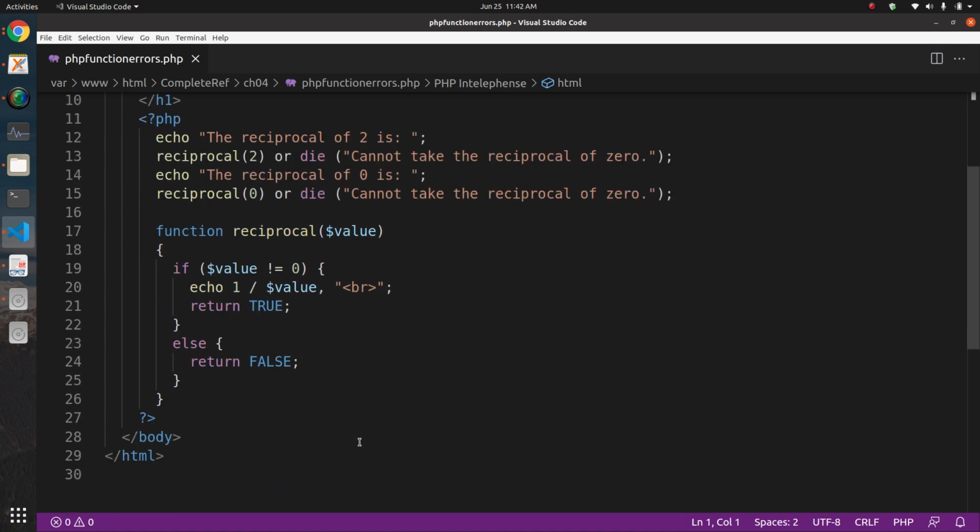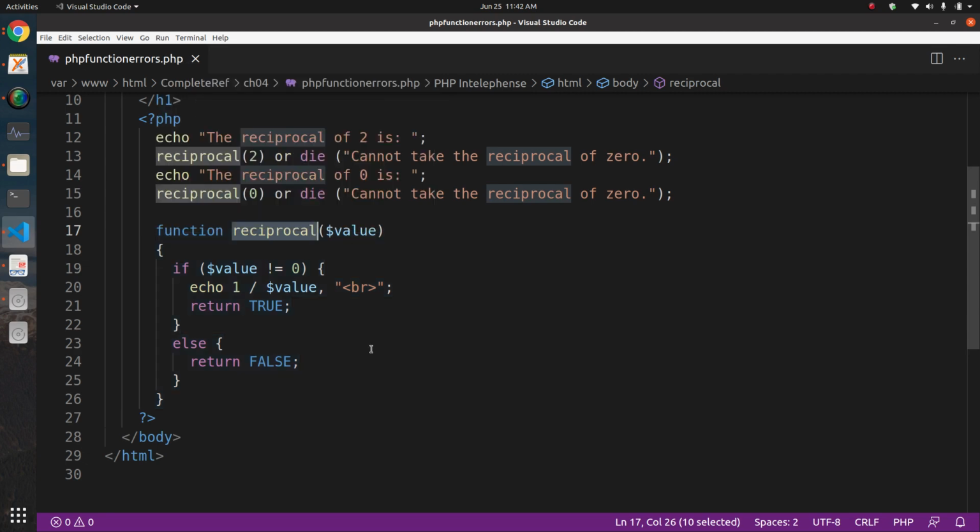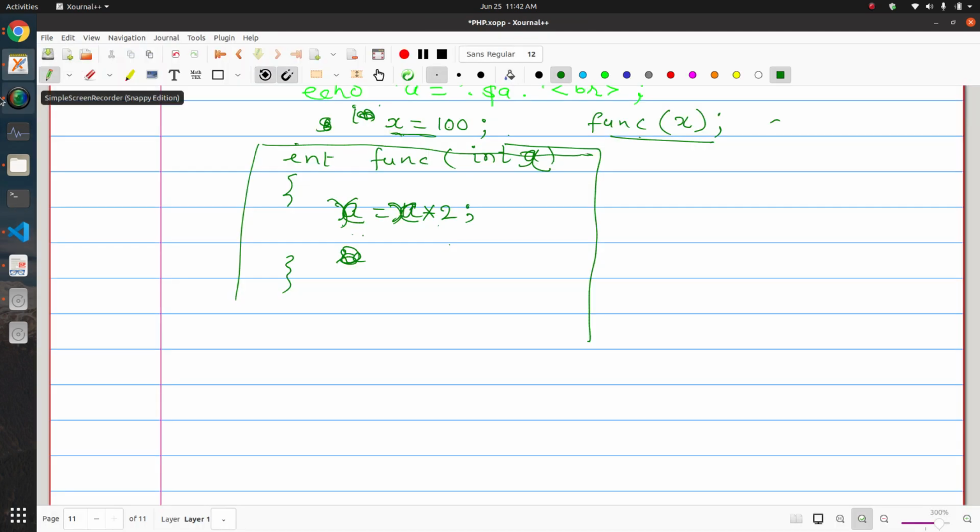So here you have a function. Let's say we have defined a function reciprocal. This function is computing the reciprocal of a parameter that you passed. So reciprocal means 1 upon that parameter. If you are passing a value x, then we are going to get 1 upon x.